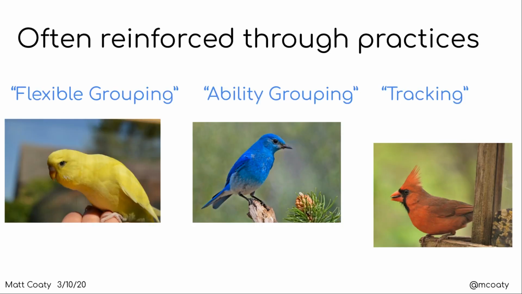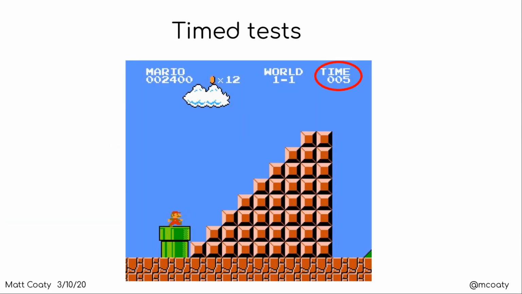Through elementary and middle school, these terms were used when I grew up: flexible grouping, ability grouping, tracking. You were in one bird group, you know, the bluebirds, the cardinals, the crows, whatever group you were in. It was based on ability, and you were given different types of problems than other groups. And I remember that stigma and that separation within the elementary classroom. And so that perception kind of stuck throughout my elementary experience and into middle school.